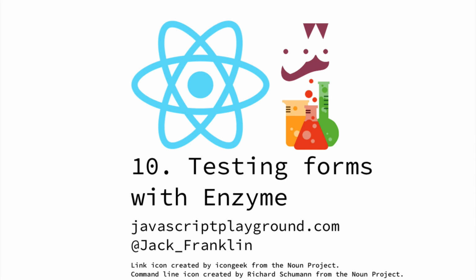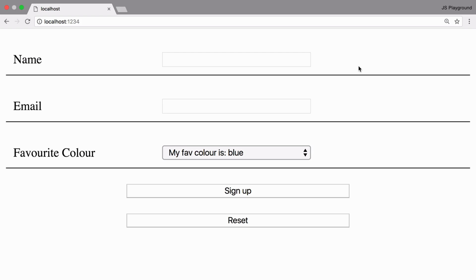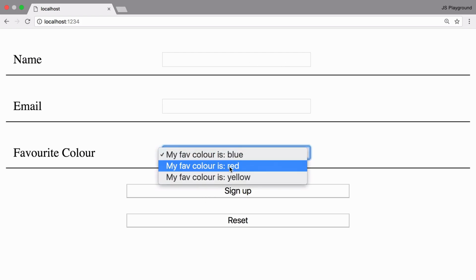In this episode, we're going to look at how we can use Enzyme to test a form built using React.js. So I've built a sign-up form here to my imaginary service where I can enter my name and email, and for some reason I need to tell this service my favourite colour, blue, red or yellow,